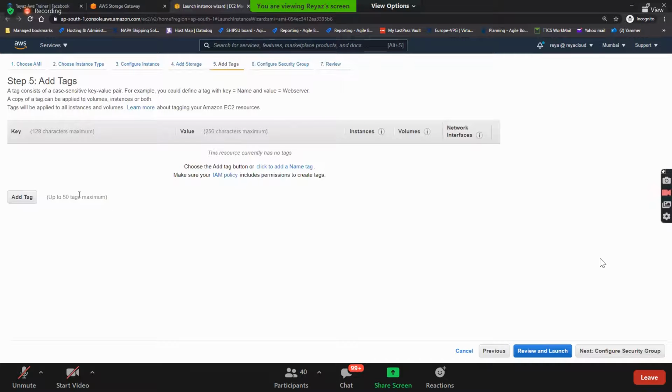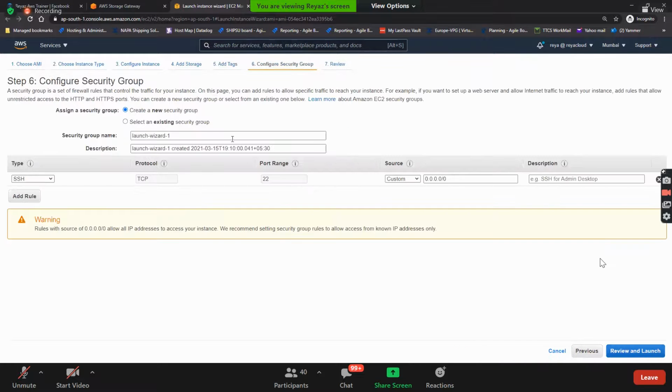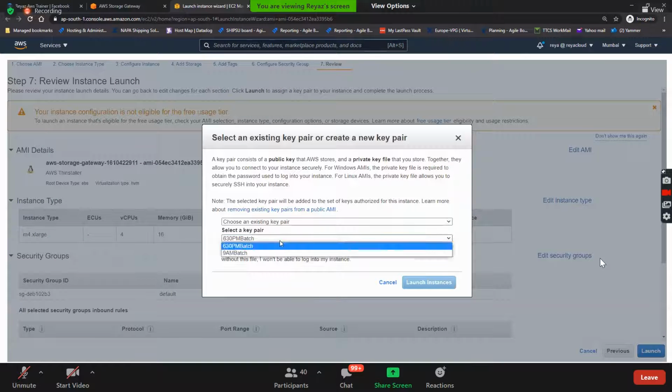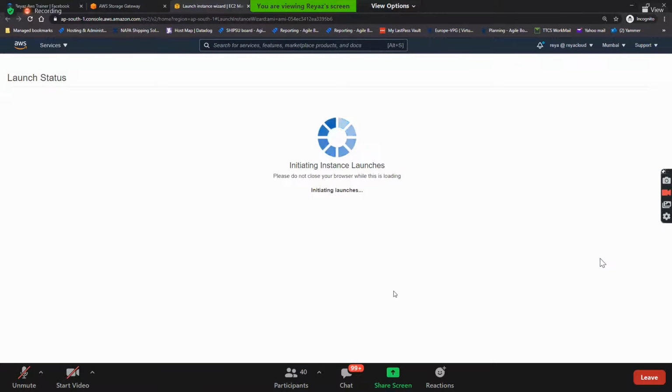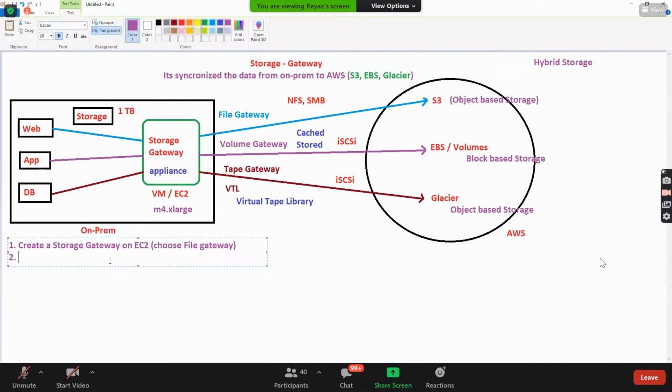Next, I call it as storage gateway. Next, select the security group, review, and then launch. Guys, you understood what I did? I'm setting up a storage gateway.